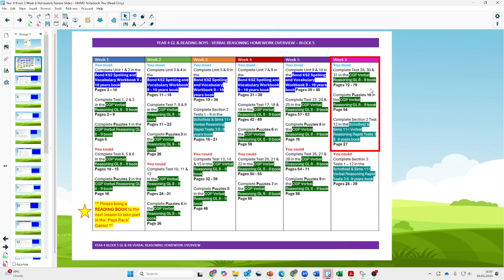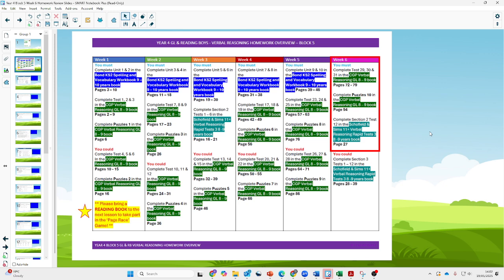So we're going to be looking at quite a few tasks within the CGP Verbal Reasoning GL 8 to 9 book. So Test 29, 30 and 31. That'll be on pages 72 to 79. We're also going to have a look at Puzzles 10 on page 94. And we're also going to focus on the tasks in the Schofield and Sims book